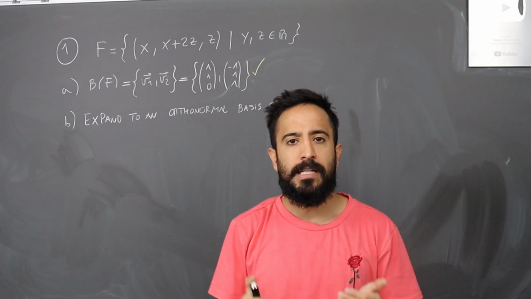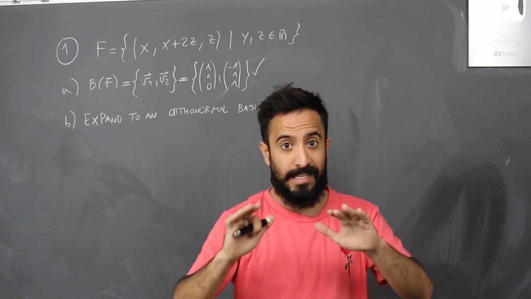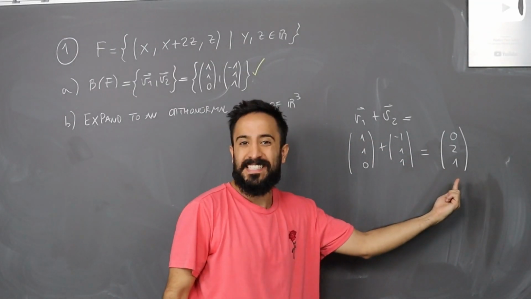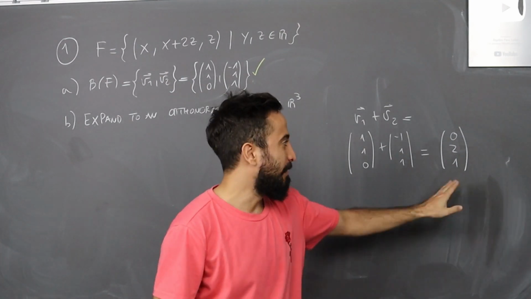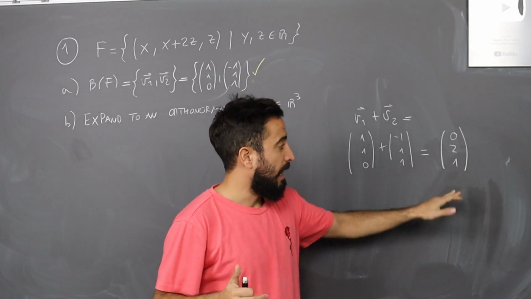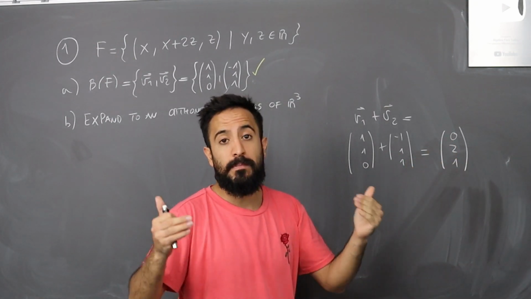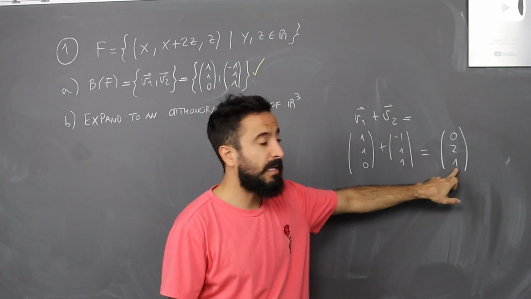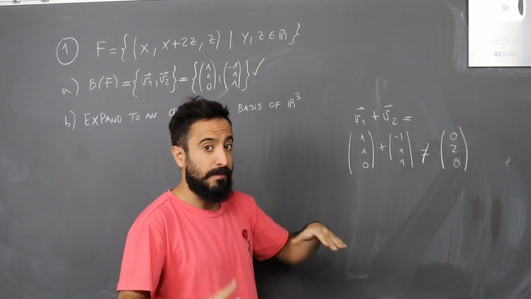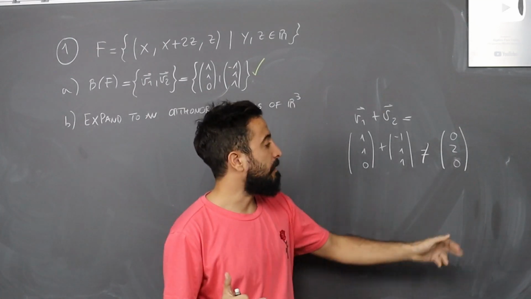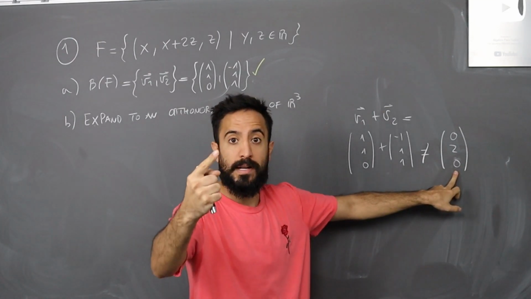How can we get a linearly independent vector? Well, my trick is as follows. I take these 2 vectors and I add them together, like that. Of course, this cannot be the vector we're looking for, right? Because it's actually linearly dependent. But I can take it from here. I can change whatever number, and that will make that vector linearly independent. Let's say I take this one and make it a 0. I know this won't be true. And in fact, there won't be any linear combination of these 2 vectors which can give me this vector, because I changed just one number.